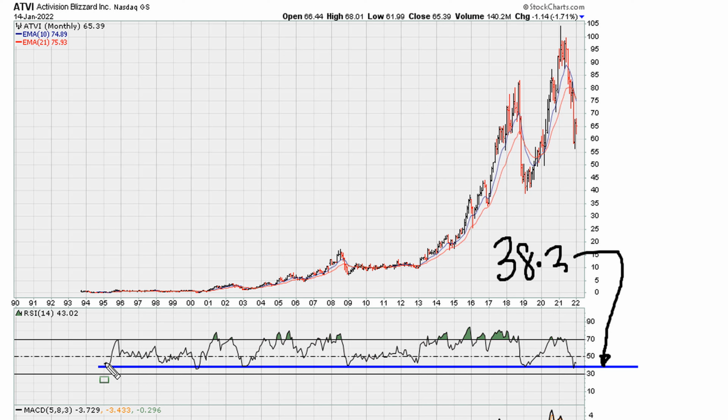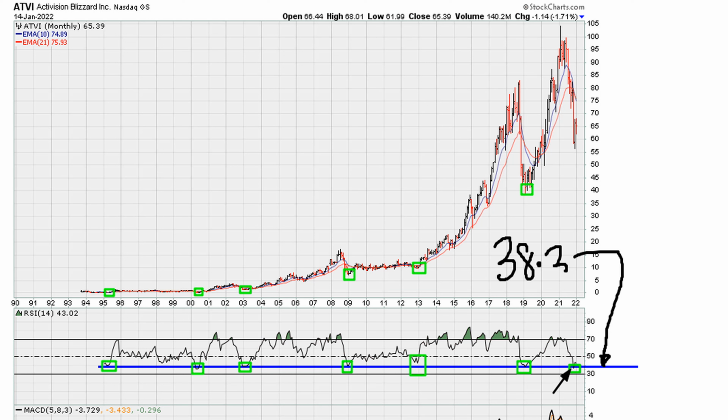And just to highlight that the stock over the course of all these years has been aware of this level, because this is where you find major lows spanning almost 30 years, 29 years of trading. So all the lows that were close enough have come with this RSI support around 38.2. So even before today's move, we can see that the RSI had already found support, and as of right now, because of the buyout, is moving higher.